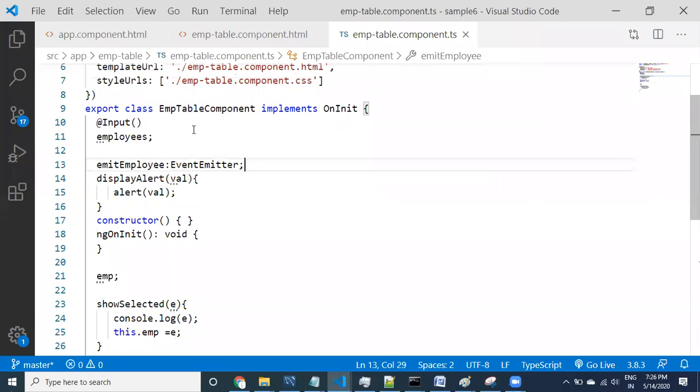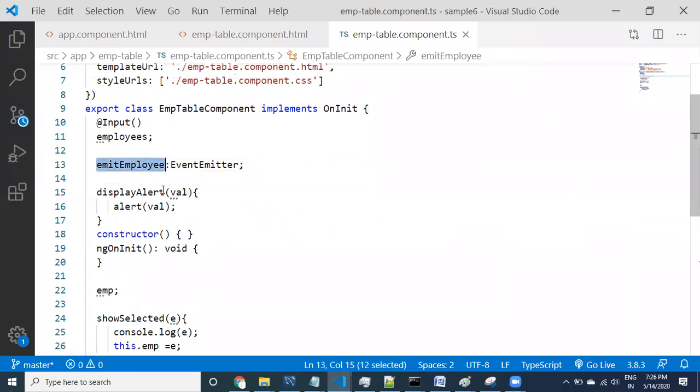Okay, see here guys, what is this? This is the event emitter. This is the data type, a class type. So this is a reference, and this is the data type. But in Java, how is it going to look? First we provide the type, and then the variable, right? But in TypeScript, we need to provide the reference first and then a colon and the data type.